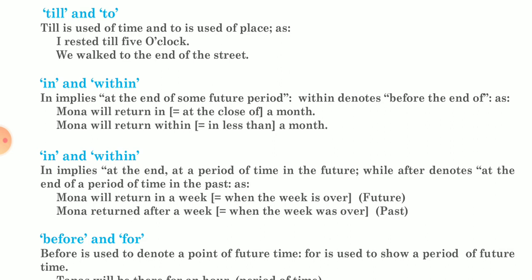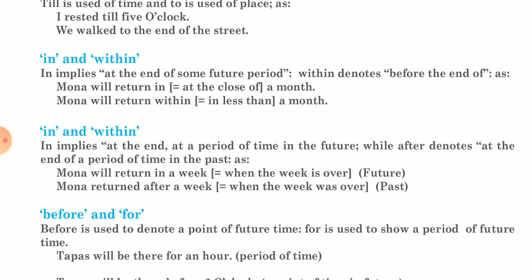In and within. In implies at the end of some future period. Within denotes before the end of. As Mona will return in a month. In a month means at the close of a month. Mona will return within a month means in less than a month. In and within,